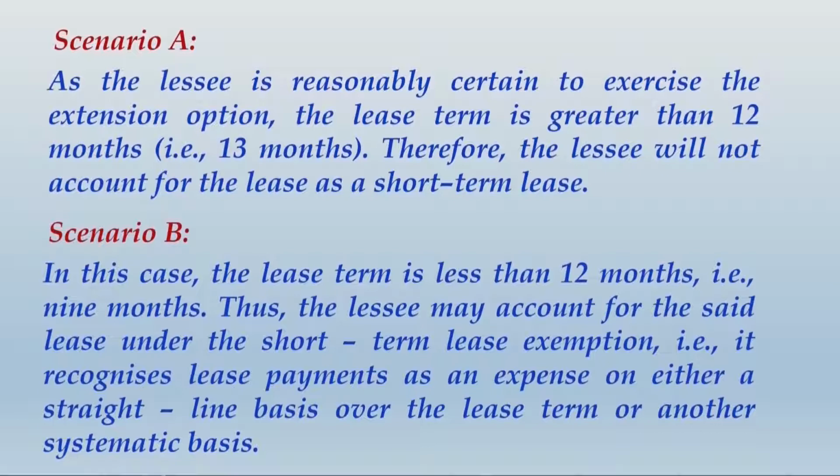So friends, one thing, this exemption is not a mandate, this is an option given to the lessee, correct? So there is no compulsion on the lessee. If the lessee still wants to apply Ind AS 116 in its entirety, nobody is stopping that. This is an exemption given, you may or may not avail this exemption. So obviously, why would someone enter into accounting complication? So generally the lessees are expected to take the benefit of this exemption, and what I want you to do now is quickly write up the answers for both the scenarios, and then we shall move ahead.